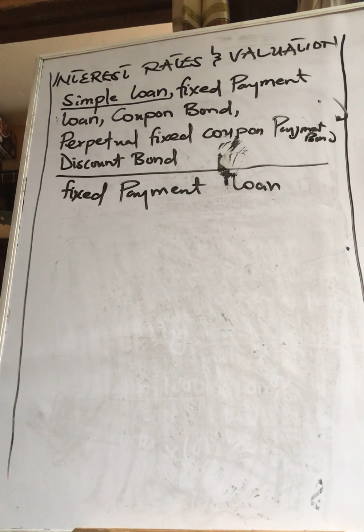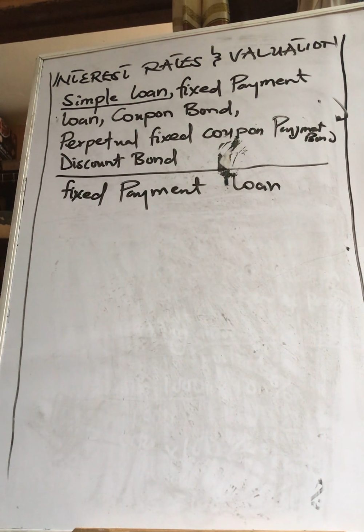Now, talking about a fixed payment loan, that is the kind of loan that requires the borrower to make equal payments of a stream of cash flows in order to extinguish the full payment of the loan principal and interest by the end of the loan term. This type of loan is common in the mortgage loan market and the personal loan market, whereby the borrower would be asked to spread the payment over some time period. We can liken it to an annuity. So let's take an example and then look at how to solve it,